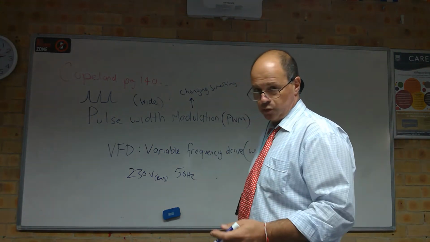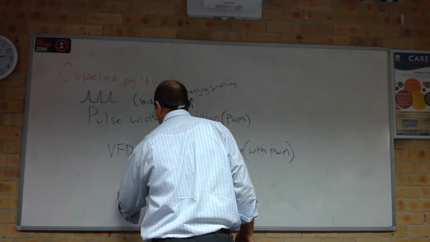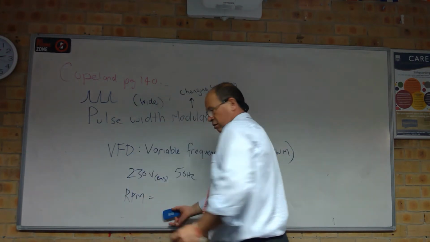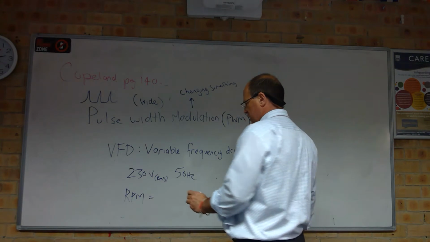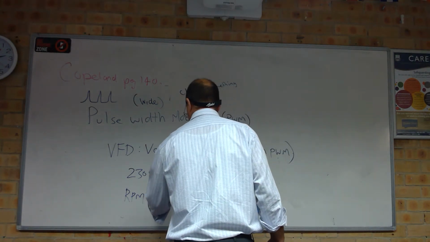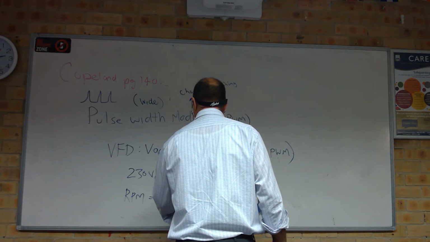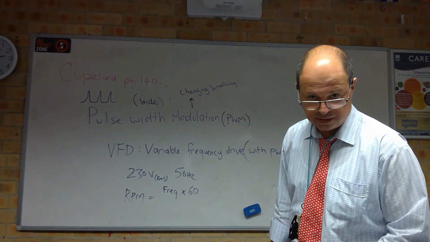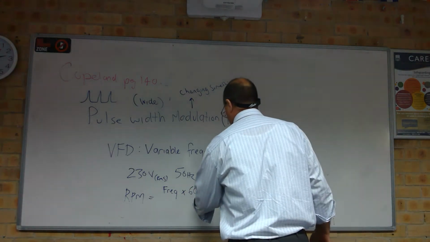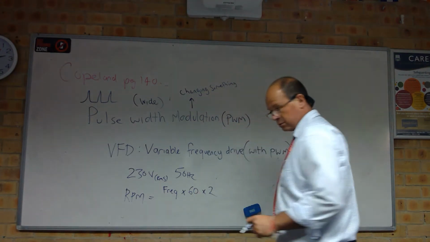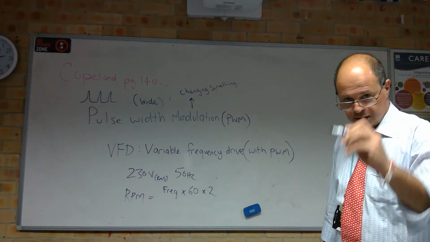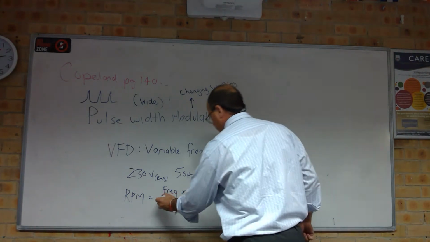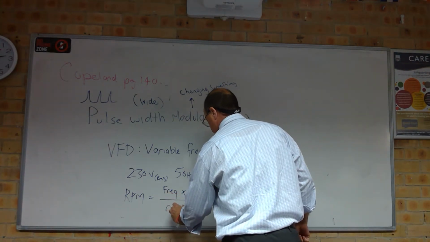There's a formula for working out revs per minute. Now how would I work out revs per minute? The formula is equal to frequency multiplied by 60, because it's seconds, multiplied by 2, because we have an up peak and then a down peak. That's why the 2 is there in the formula. And we divide by the number